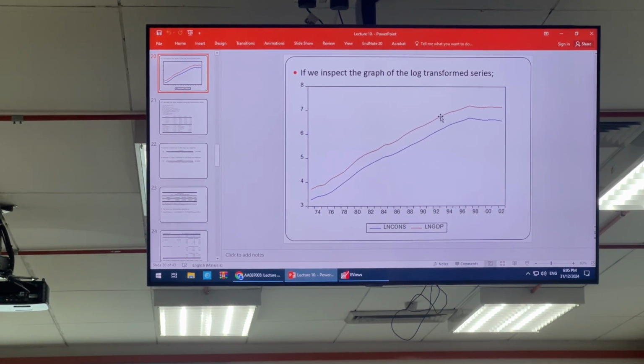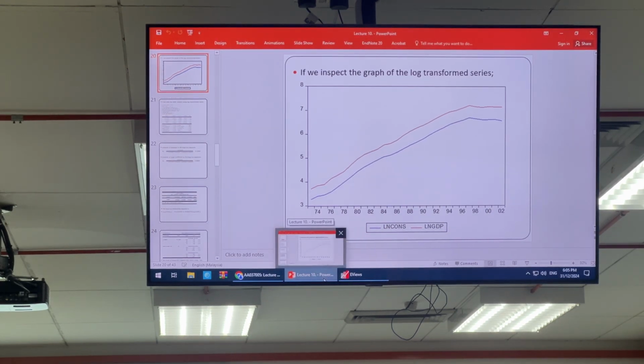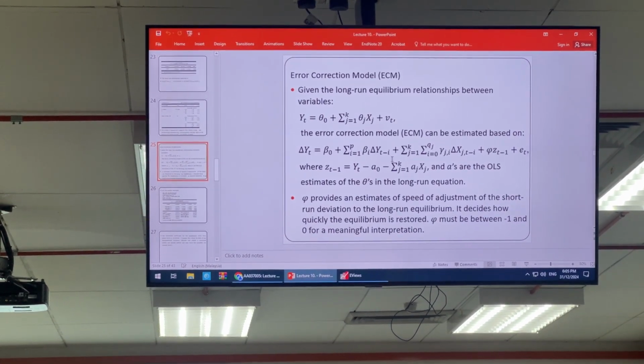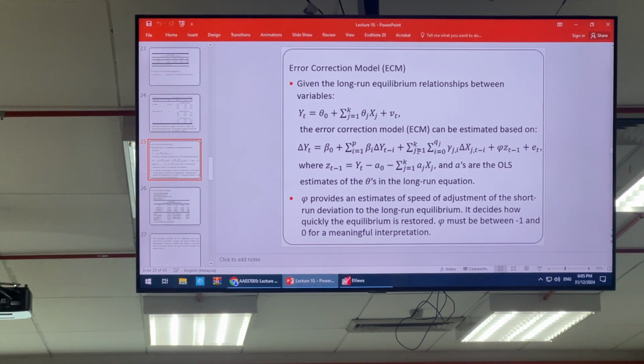So if certain part of this data suddenly deviates from the distance. Let's say the distance between them represents the long-term relationship. But let's say certain part of the series slightly deviates from that distance, from the average of the distance, so that we can estimate the ECM and then get the error correction term. Okay. So the ECM is given by this equation, and then